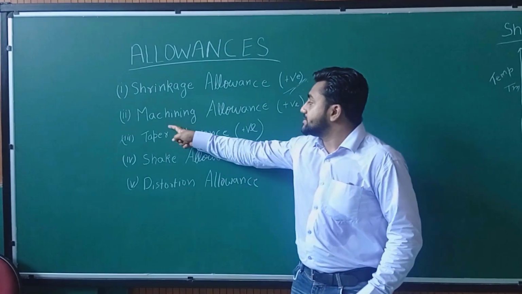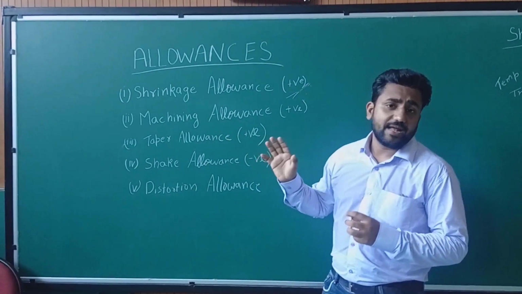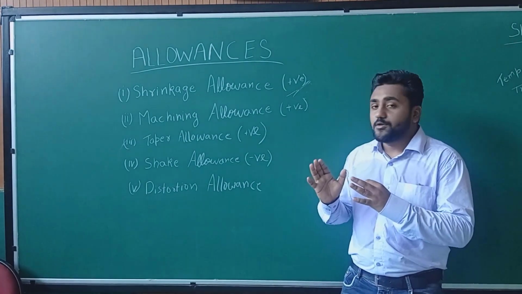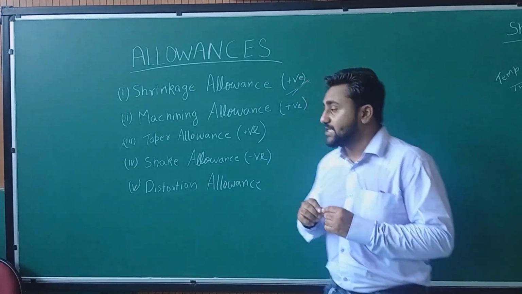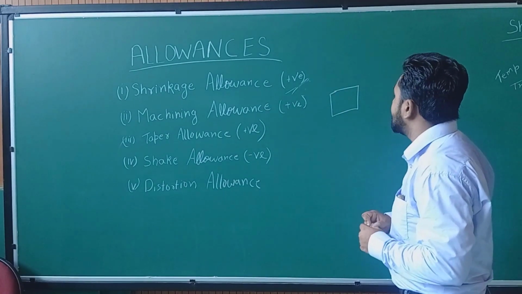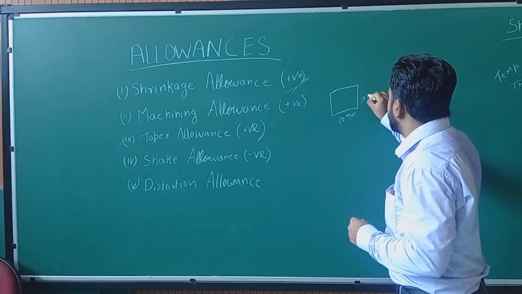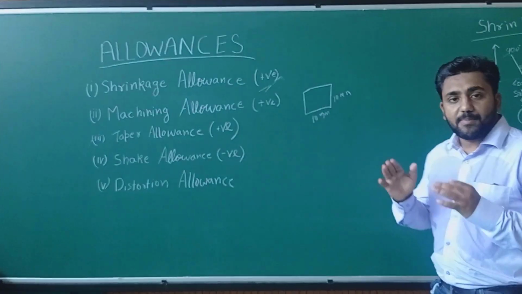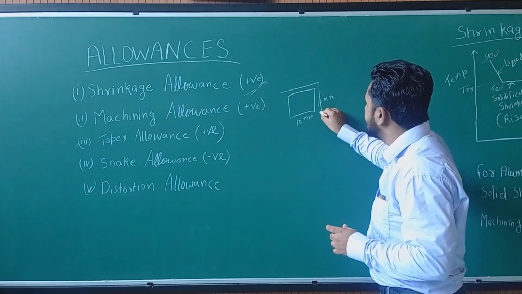Now the second one is machining allowance. As the name suggests, machining allowance means that we make the product bigger so that at the end we can do the machining and finishing of the product and get the desired dimension. For example, let us suppose this is our desired dimension of 10 mm by 10 mm. But we cannot cast 10 mm directly. We have to take a pattern that is more than 10 mm. Let's say a pattern of